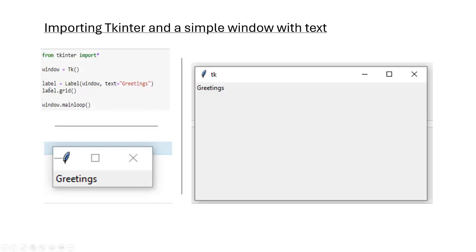And you can see here this variable, this line, this is where the window is made, and the text, which we can see here, greetings. And the label grid is basically a label widget in the main window using the grid layout manager. And the window main loop is a loop that keeps the application running until the user chooses to close the window.